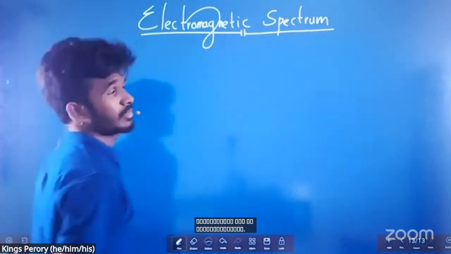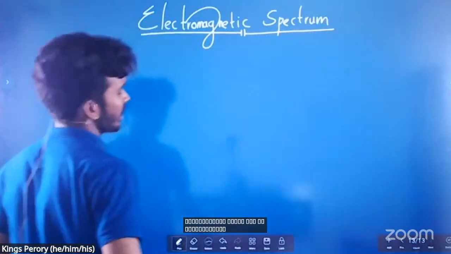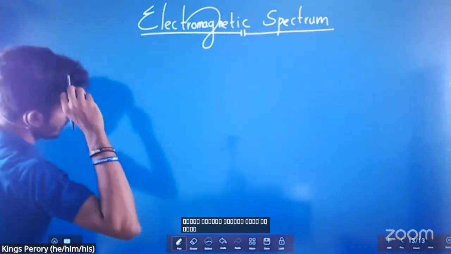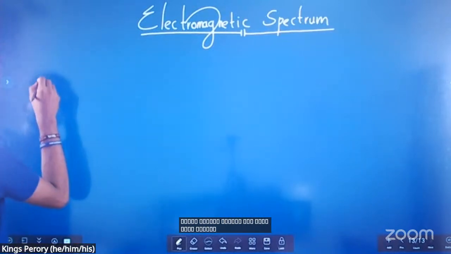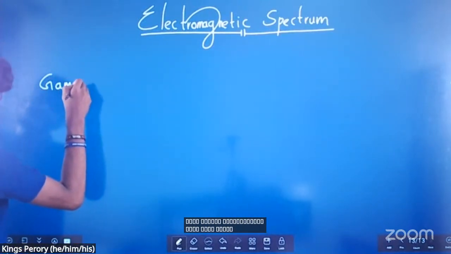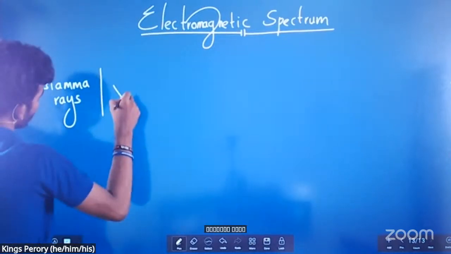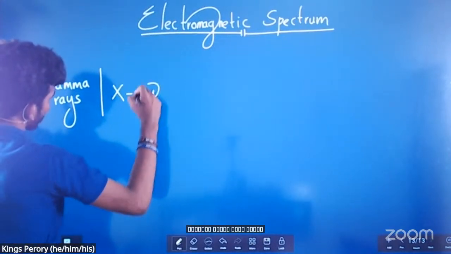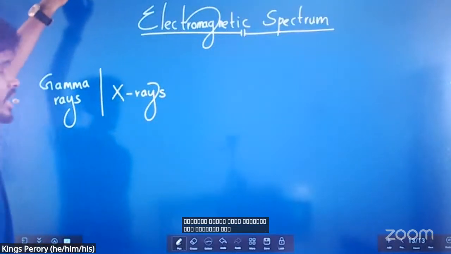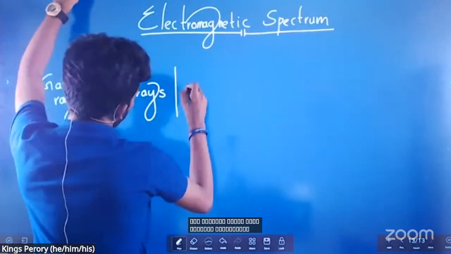I'll draw the spectrum. In the electromagnetic spectrum, all the electromagnetic waves are there, all the frequencies and wavelengths. What are the electromagnetic waves we have? Open the mouth and tell louder as I write it together with you. Starting off with gamma rays. Gamma rays. After gamma rays, next you have X-rays. After X-rays, next you have